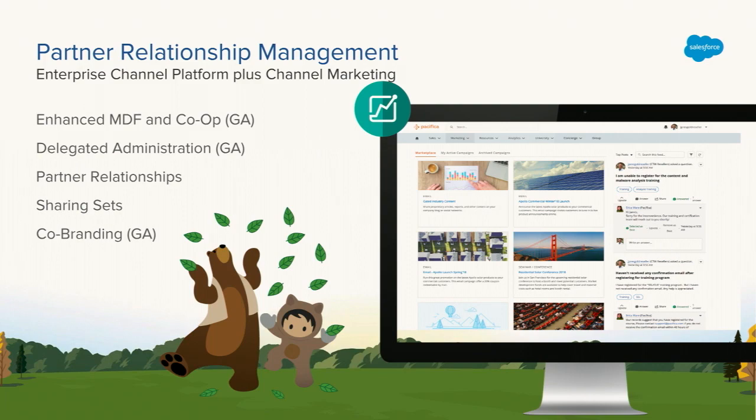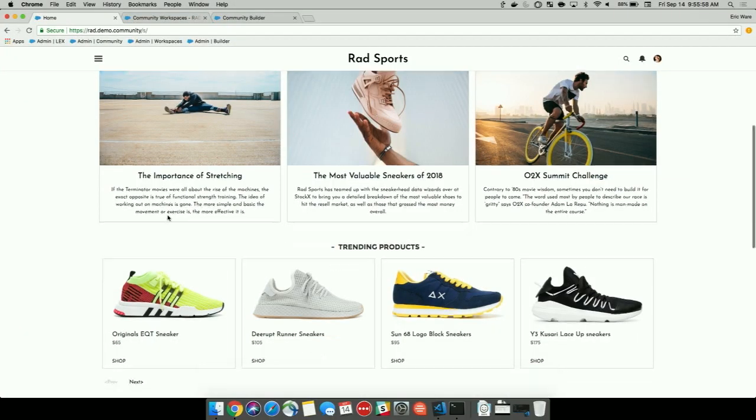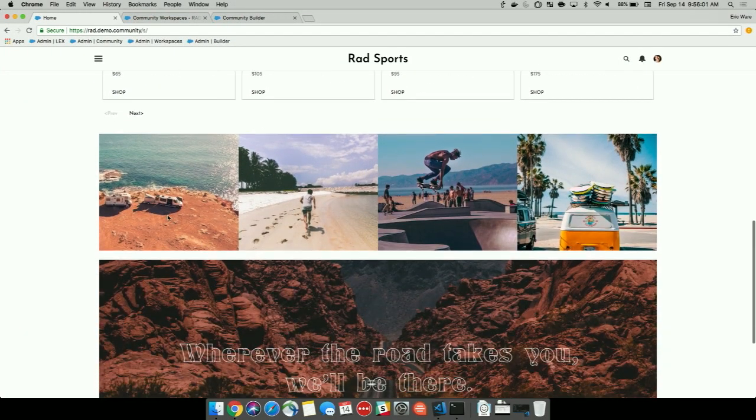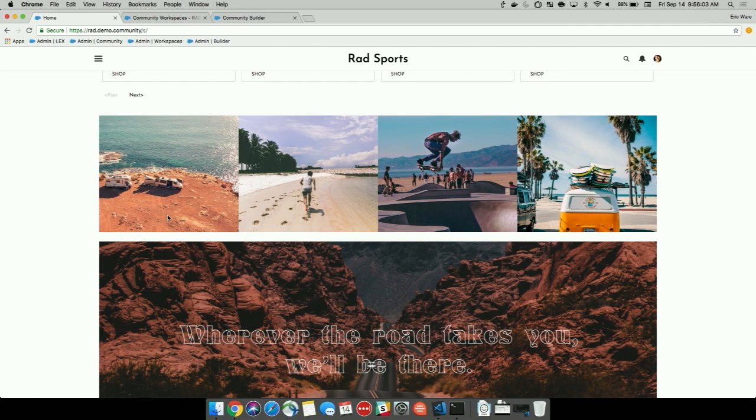All right, enough jibber jabber. Let's go over to the demo, which I think is the exciting part here. So for the demo today, I've put together a community called Rad Sports for you. So Rad Sports, they are the makers of athletic footwear and shoes, like a Nike or an Adidas, if you will. And so here you see they have this beautiful community they've created here exclusively with our native content and